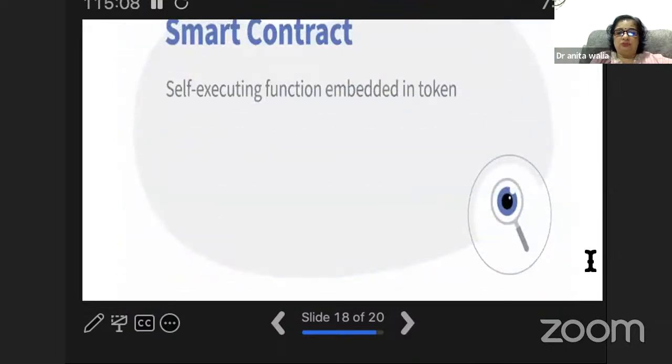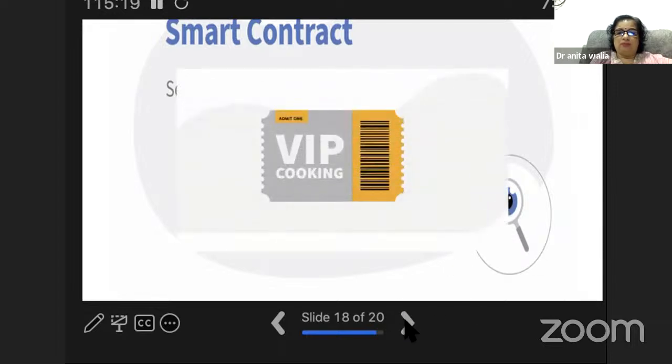A smart contract is a self-executing function embedded in the token that performs an action on the blockchain based on the transaction. For example, let us take the food truck example again. The food truck festival is selling an NFT, giving the NFT holder access to VIP cooking classes. Since an attendee is likely to attend the cooking classes only once, and there is a time period within which they have to attend, otherwise the offer expires, there is a high chance that the attendee will sell the NFT and trade it, because it's a tradable item, with someone else. To ensure that the original person who got the NFT from you should use it,